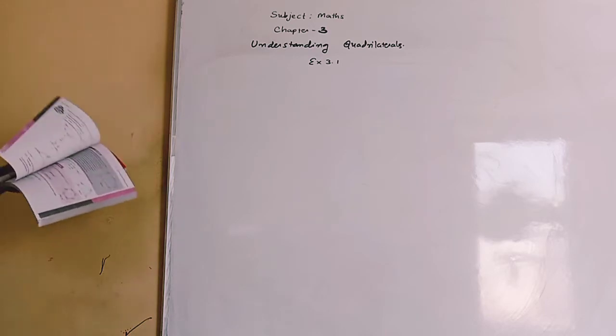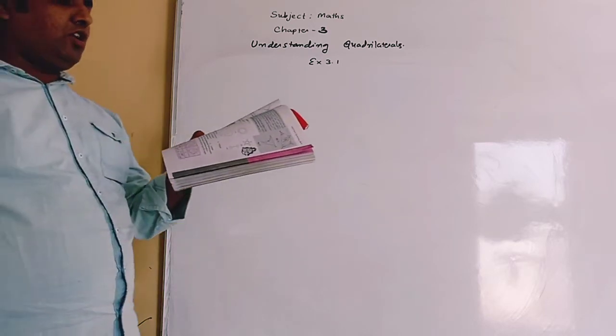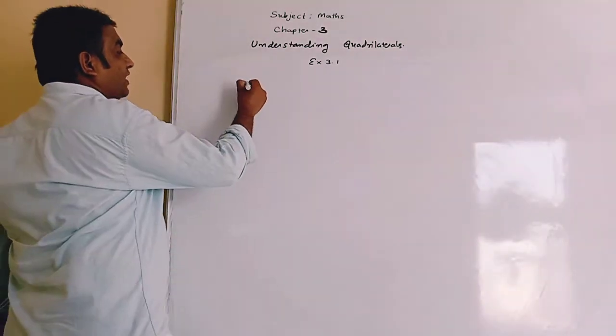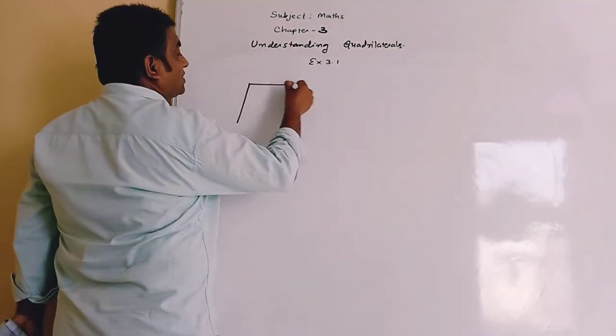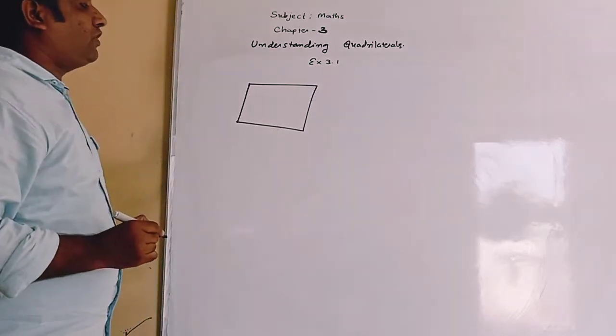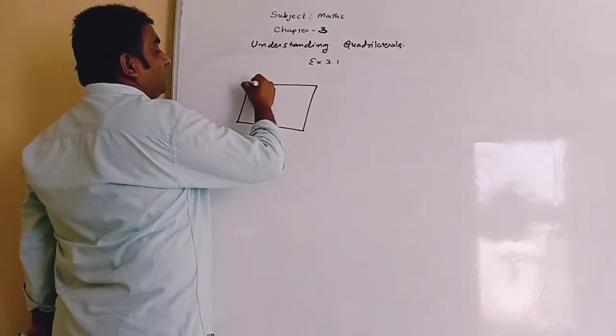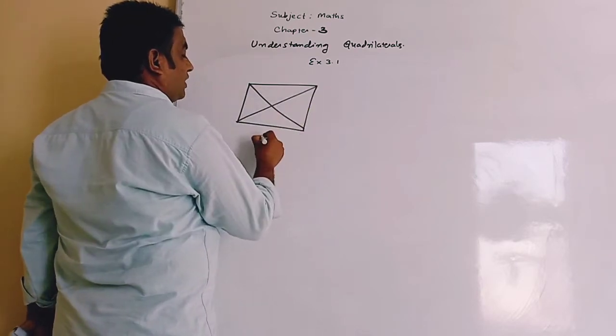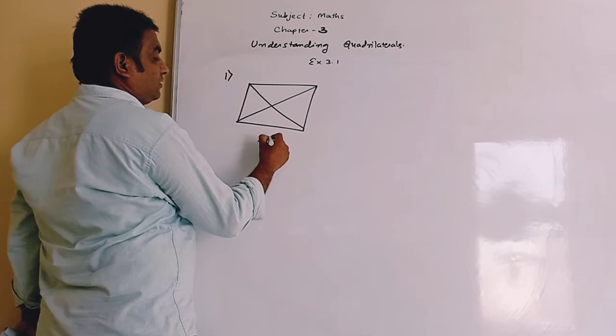Now question 2 we have, how many diagonals does each of the following have? So first is the convex quadrilateral. For the convex quadrilateral, we just draw a quadrilateral. Now diagonal means we join two non-consecutive points, then we get, so here two diagonals in the first one.